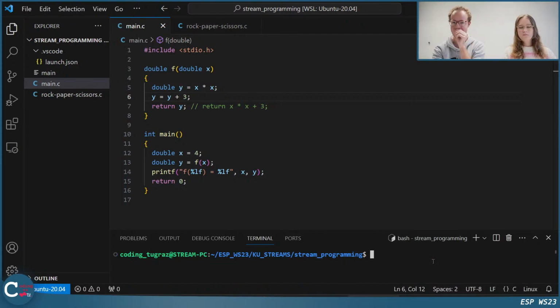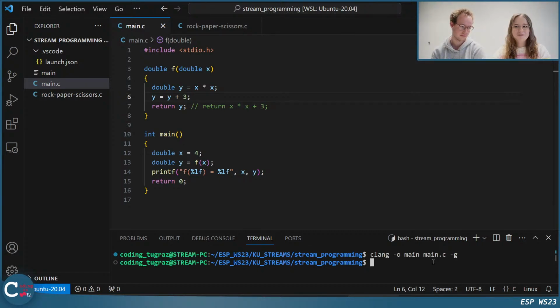Okay, that's the way to write functions in C. Is this clear to you how to write such a function, or do you have any questions just on this part? But we will have a closer look now on what is happening internally. Maybe let's just compile it with debug symbols. Okay, yeah.